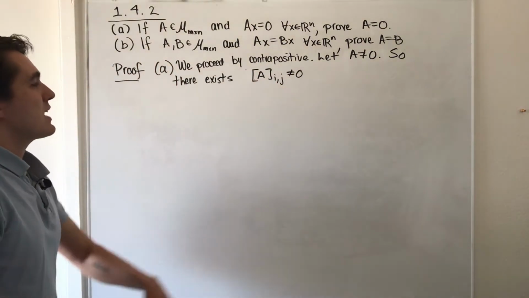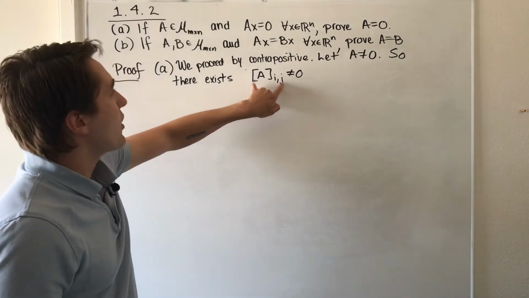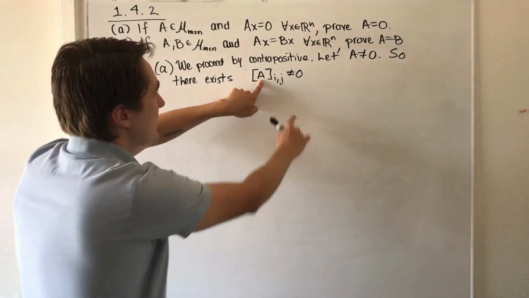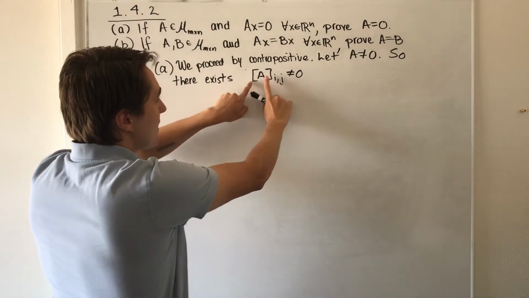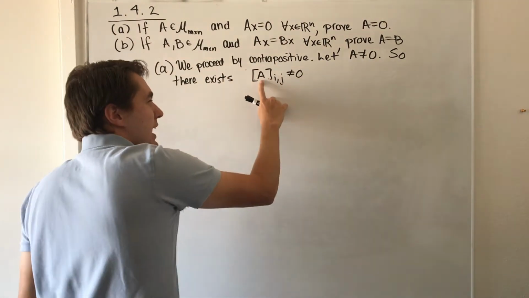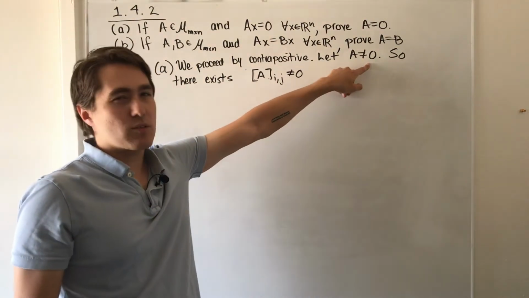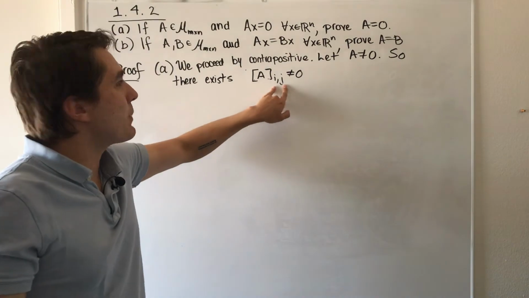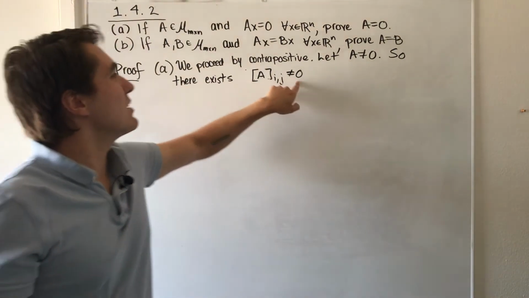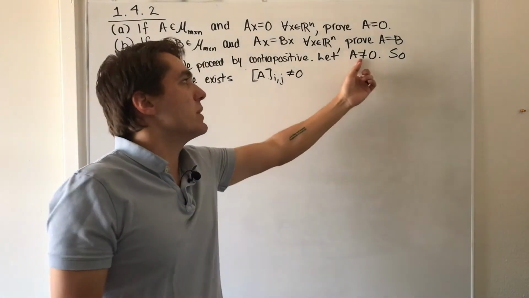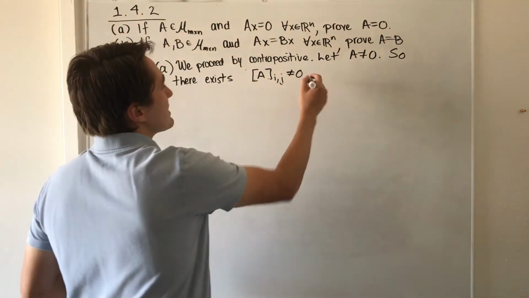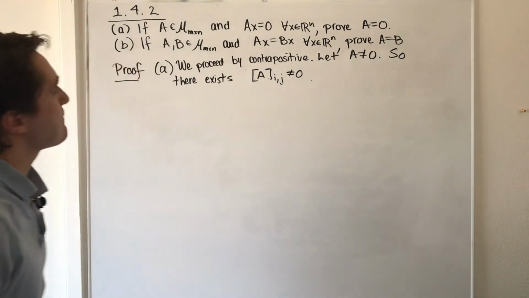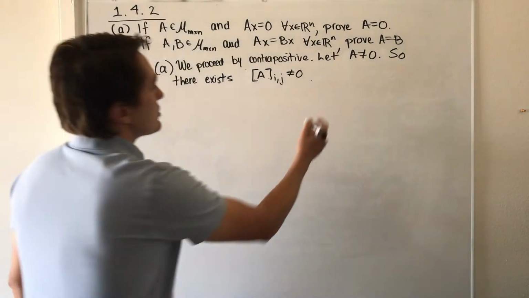So what this is saying is if you take the ijth element of the matrix A, since A was not 0, for some i and j, I don't know which, but for some pair here, you're going to get that that element isn't 0. Because if they were all 0, it would have been the 0 matrix. So I can guarantee myself that I can find something like this because I'm assuming it's a non-zero matrix. Okay, so